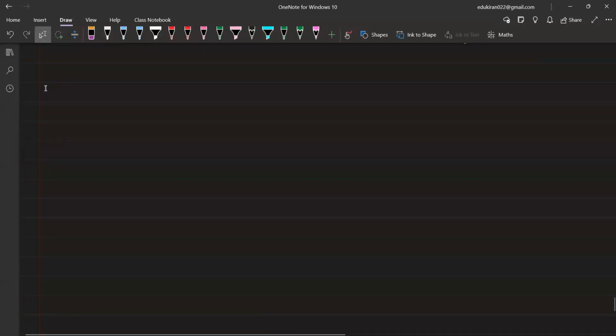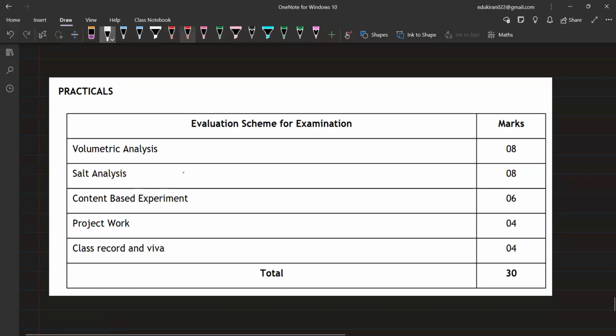So CBSE ने जो सिलेबस दिया ना, सिलेबस में उन्होंने ये चीज भी दी है, that practicals volumetric analysis will be of 8 marks, सॉल्ट एनालिसिस 8 मार्क्स, कंटेंट बेस्ड एक्सपेरिमेंट, अब ये कंटेंट बेस्ड एक्सपेरिमेंट केमिकल काइनेटिक्स वगैरह कहीं से मतलब शायद आप लोगों को कराएं, उसके 6 मार्क्स। देयर आर 3 एक्सपेरिमेंट्स दैट वी आर गोइंग टू डू, ठीक है।